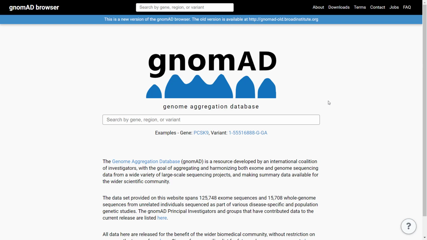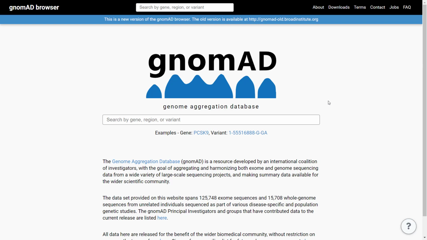The site integrates data based on distinct populations and currently integrates data for more than 140,000 individuals. The interface is very simple and intuitive. The site can be searched by gene name, variant coordinates, SNP IDs, and more.